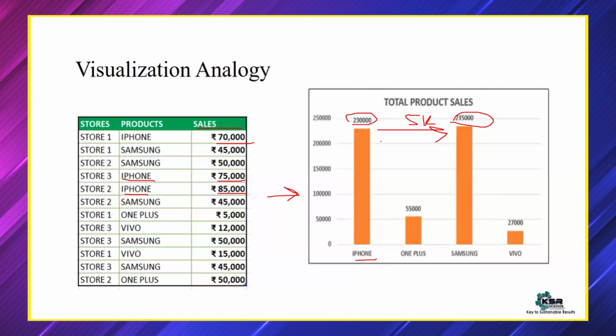Now, if you want to calculate the increase or the difference of sales between iPhone and Samsung, how would you do it? You'll take the iPhone sales and divide it by the Samsung sales, or divide it by the total sales. I want to find the percentage difference between the sales of each product. Total sales is, you will get the percentage sales of iPhone. The difference from one product to another product. Your mathematical concepts come into the picture.